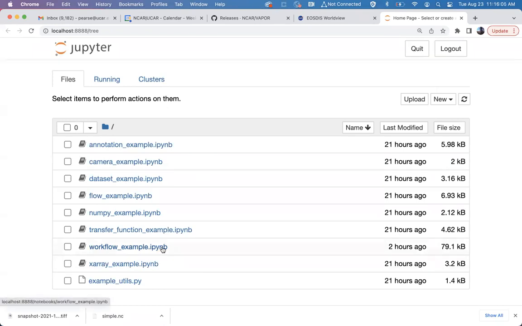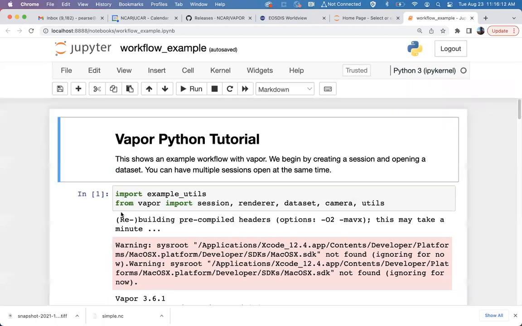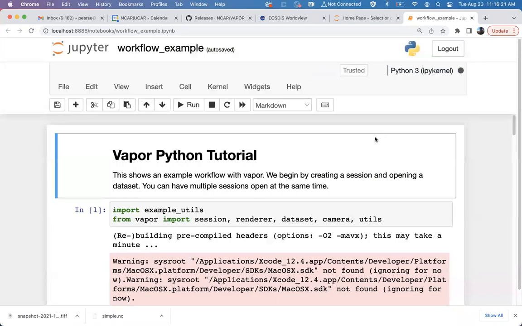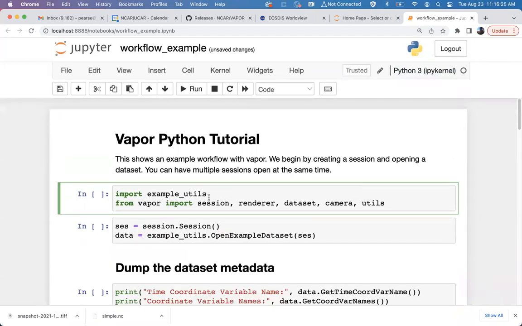I'll show you both. But I'm going to do workflow example.ipynb, and this will show you how, through Python, you can create renderings in Vapor. Let's see, I will restart and clear the output. Okay, so the first thing that you'll have to do, or that this does, is